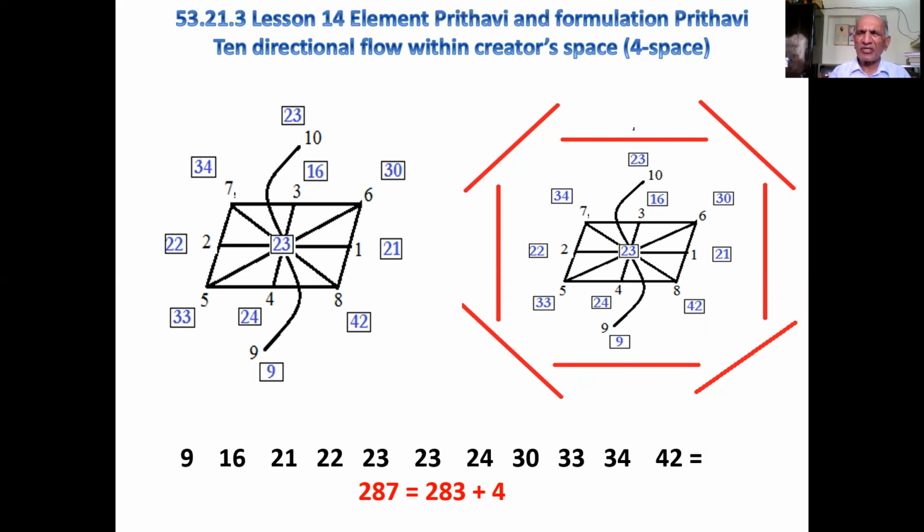All the 10 directions flow from the center. Center is a transcendental origin. Transcendental origin is of a solid order. So the solid order of the transcendental origin of the creator's space has its full expression as 10 directions flow